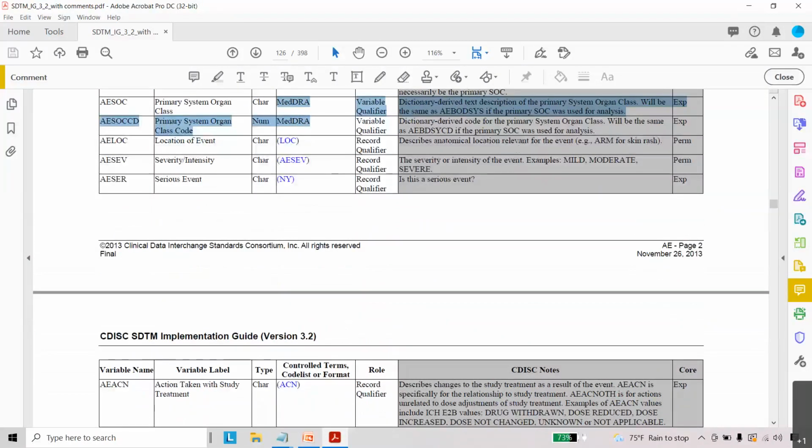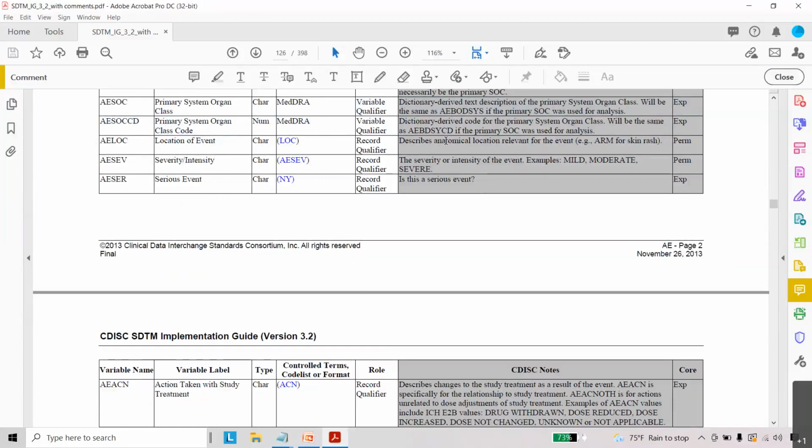Next one is AELOC, the location of the particular adverse event, where that adverse event happened to the subject. It describes the anatomical location for the event, and this is also a permissible variable.